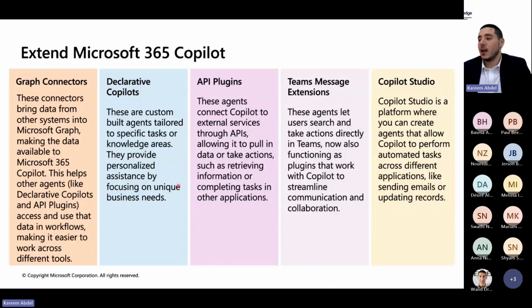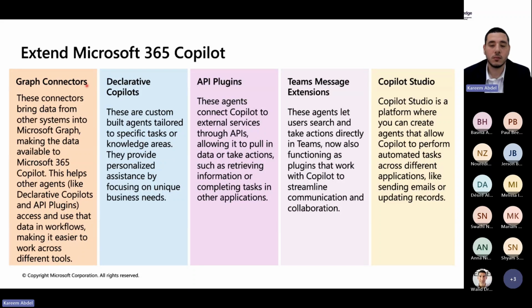Right, so these are some ways we can extend Microsoft 365 Copilot capabilities. I'm not going to go through them in too technical detail, but we've got what's called graph connectors. These connectors allow us to use other sources. Sources could be from other clouds, Google Cloud or Amazon Web Services, or even third-party solutions. And we can use those